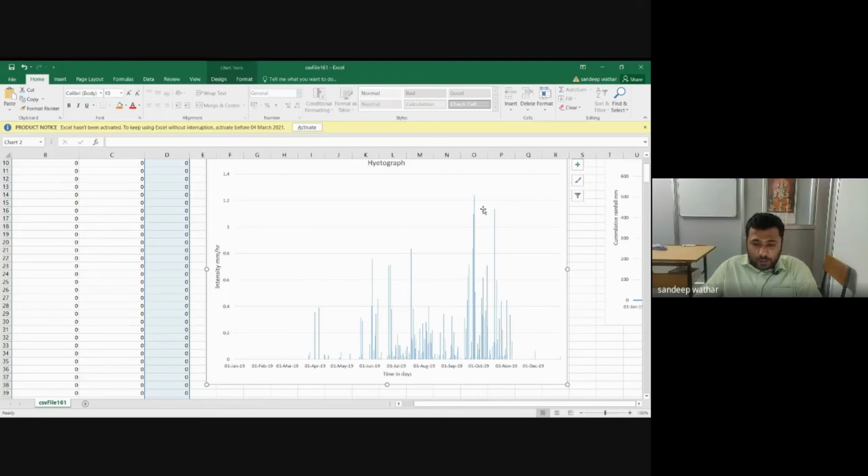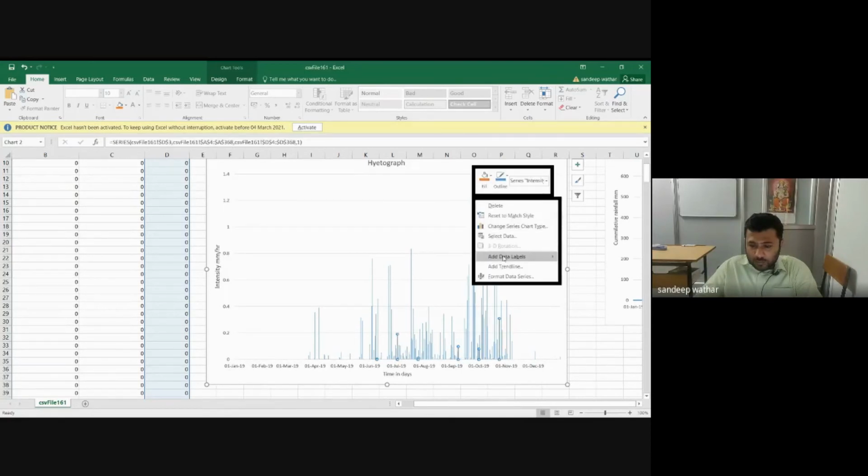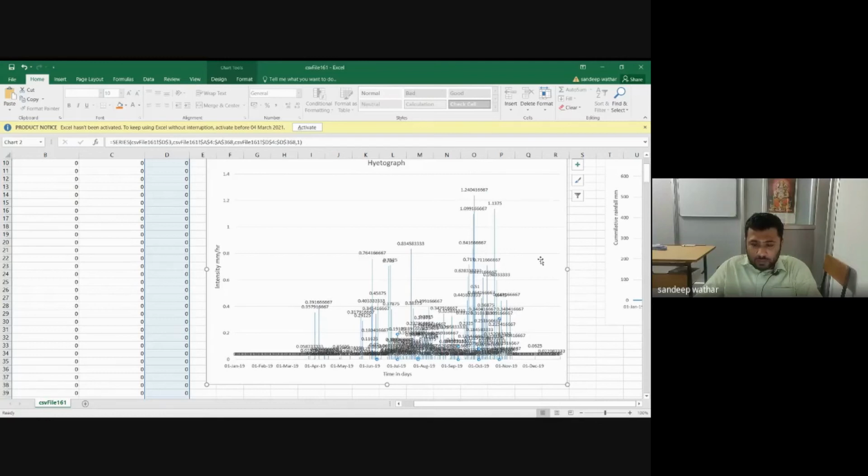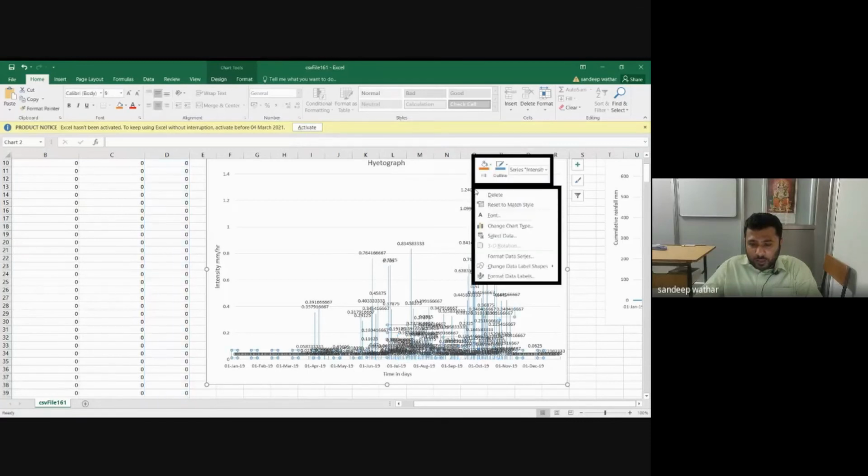So you can find out that on this day there was a huge rainfall. There was a massive rainfall. So on this day especially, there was a massive rainfall. Now, similarly,